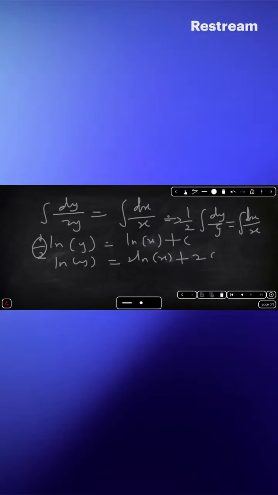Okay, then don't forget you want to know the value of y. So if you raise both to the power of e, so that means we are going to have y is equal to e raised to the power of 2 natural log of x plus 2c. Okay, so this will be y is equal to, so e raised to the power 2 natural log of x, that is x squared, and then we have e raised to the power of 2c. Okay, so we can just say let e raised to the power of 2c be capital C1. Okay, then we are going to have y is equal to x squared multiplied by C1. So that's